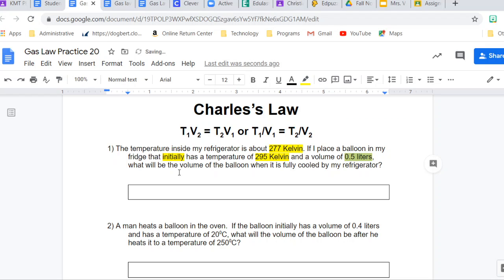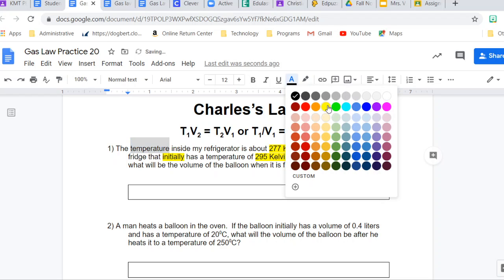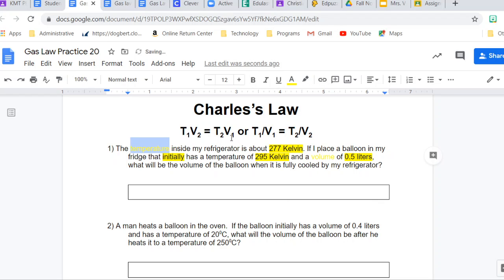So what will be the volume of the balloon when it's fully cooled? And this is all volume. So I am going to look at this, and I'm going to see, okay, I have temperature, yes, and I have volume, okay? And probably a huge, huge hint is we give you these up here, okay? So I have temperature and